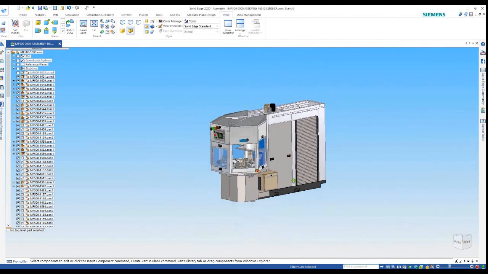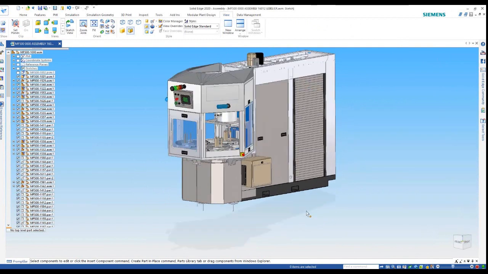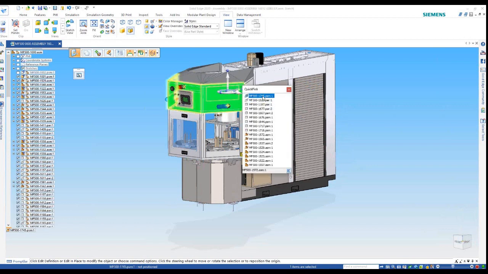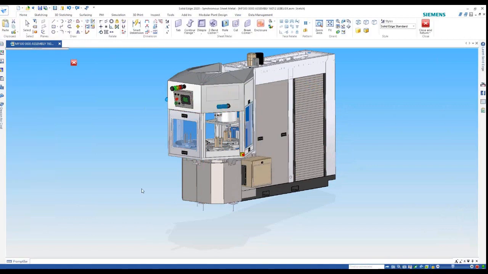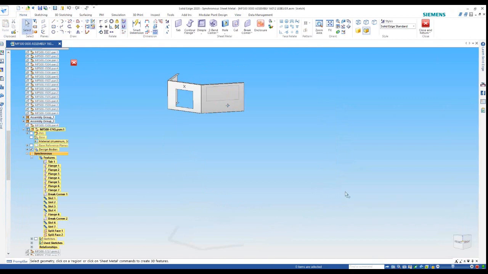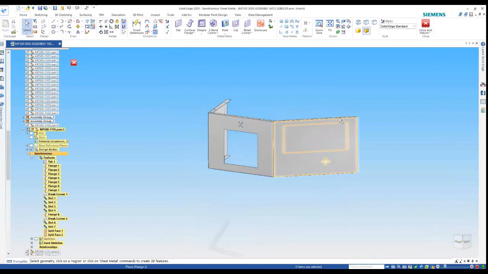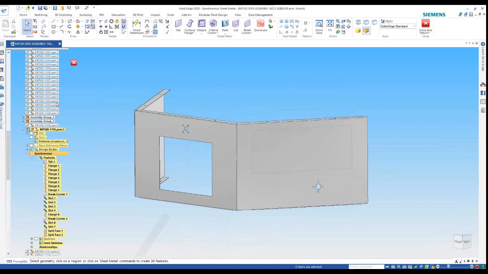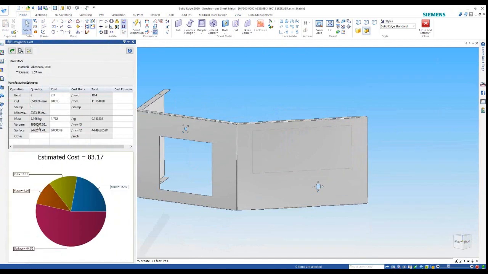And I just want to show you also quickly another option you have. I should have stayed in the sheet metal environment. Another option you have in sheet metal, and that is part costing. Now, part costing was introduced in 2019, but you've got a little tab here called Design for Cost. If you know the cost for each of the features, and this will of course vary depending on your suppliers and how you're manufacturing,